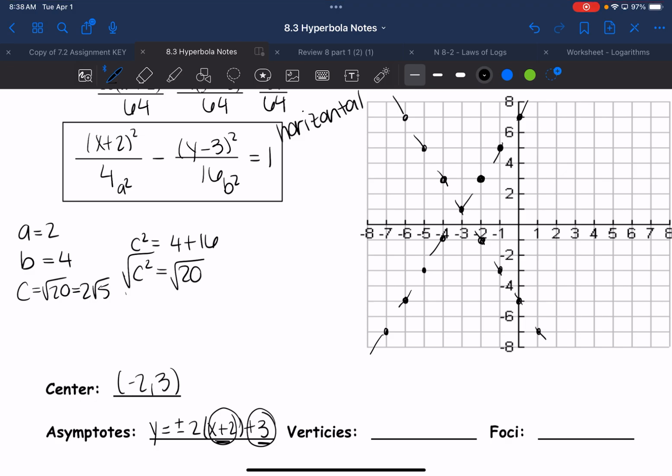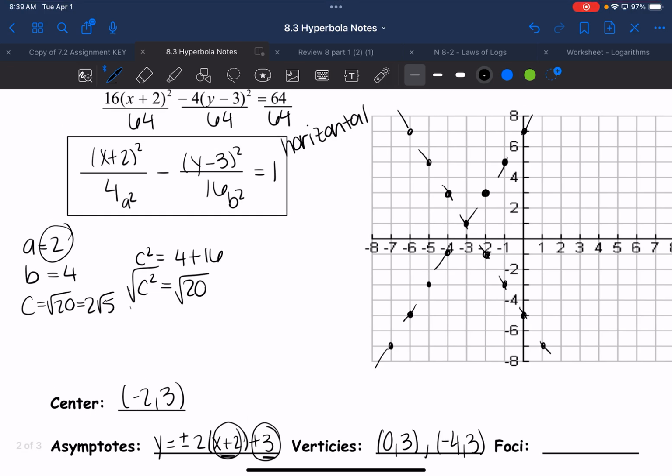Okay, so we've got our asymptotes drawn. Now we need our vertices. Since I'm running horizontally, this time instead of adding my a value to k, I'm going to add and subtract my a value to h. My h was negative 2, and I'm adding or subtracting 2. So if I'm at negative 2 and I add 2, that's going to put me at 0, 3. And if I'm at negative 2 and I subtract 2, that's going to put us at -4, 3. So we've got vertices at,